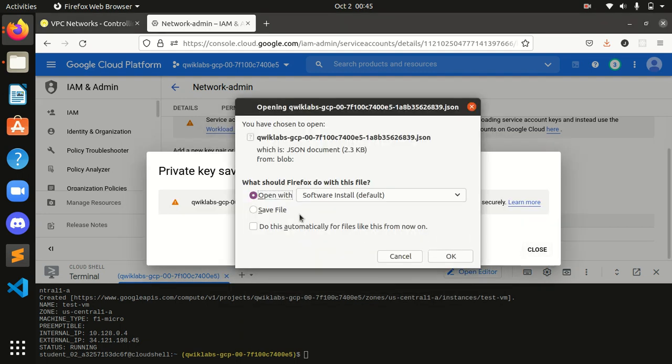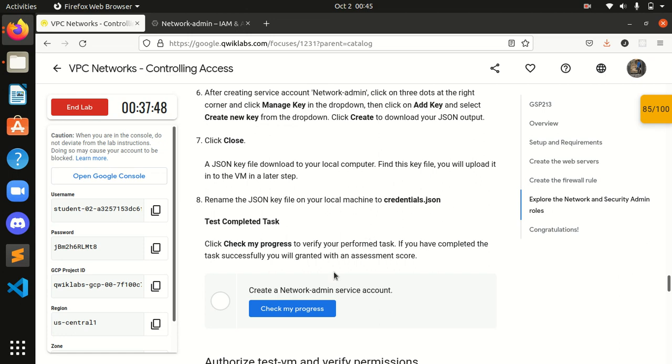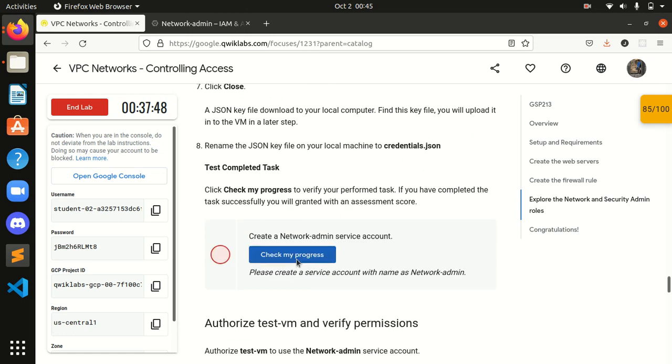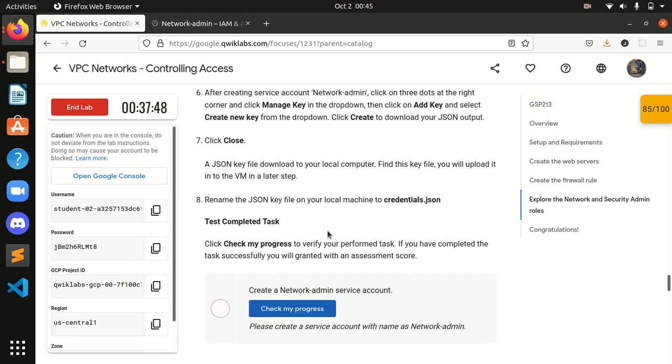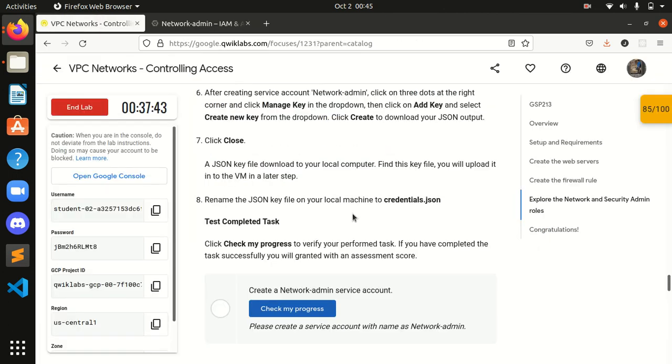Okay guys, I will save it in my local PC repository. We are done with this also, I think. Click close. A JSON file is downloaded; you will upload this key file into the VM.